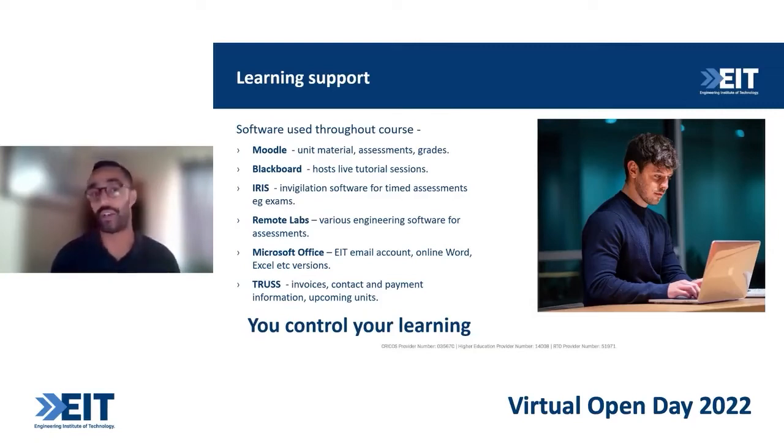Each of our higher education students actually receive an EIT email account. So that is run through Microsoft Office or Office 365, and you get online versions of Microsoft Word, Excel, PowerPoint, all of those sorts of things, you get your own little OneDrive. So that is something we utilize to communicate with you, so that all your study-related information goes to the one email address, and the learning support officers will use that to set up reminders for assessments and those sorts of